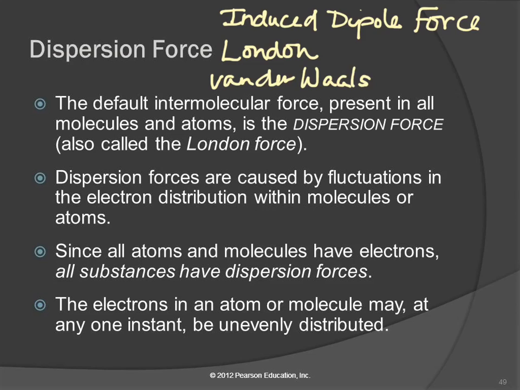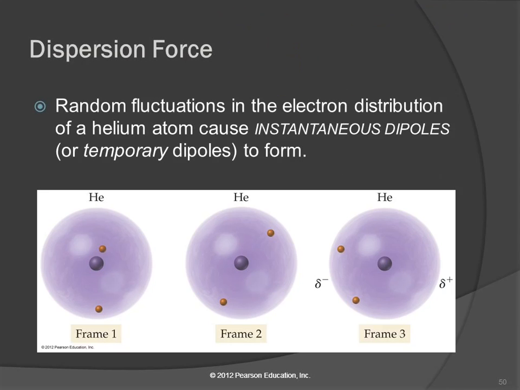It can happen, and the electrons can kind of bunch up too. It's not their normal state, but it can happen. And so we get this uneven distribution. So here is an illustration of a helium atom. And here are the two electrons in helium. And here they're pretty much spread out. And in frame 2, they're still pretty much spread out. And here, maybe helium's going past Alcatraz, and both of the electrons go to this side of the atom to look at something. This causes a